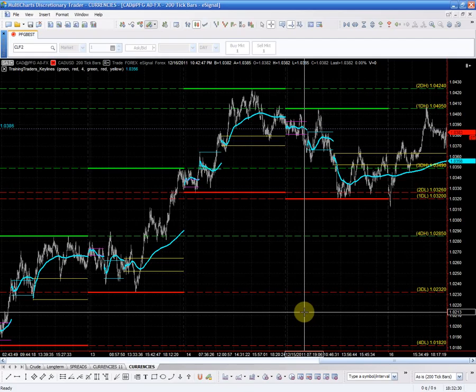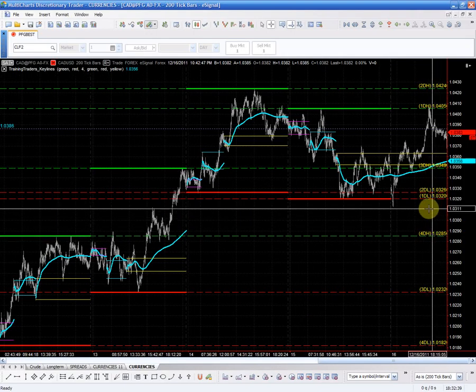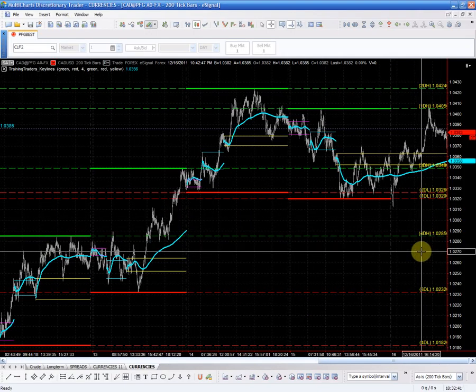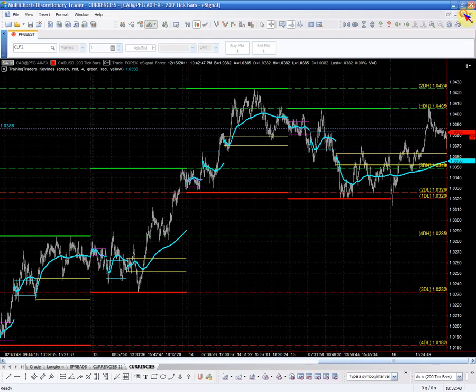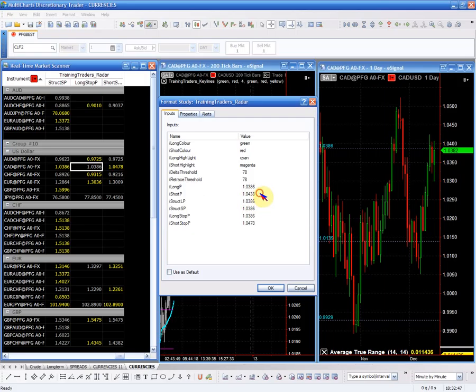and for us to short it, I need to have a structure failure, and the only place I can have a structure failure is right there, and that's the 103.10. So my short point is going to be 103.10, and there is nothing on the daily chart, so I'm taking it from the intraday chart, and my structural short is the